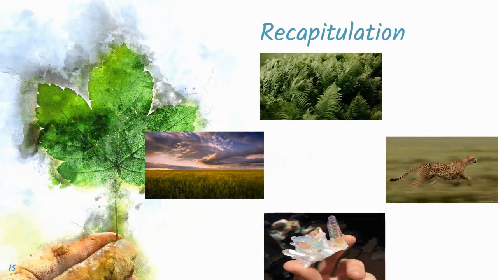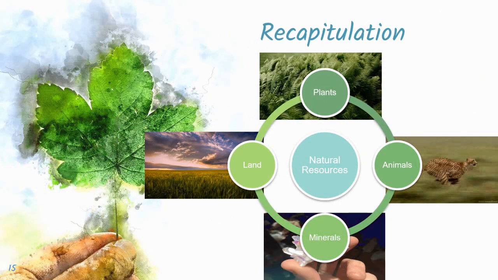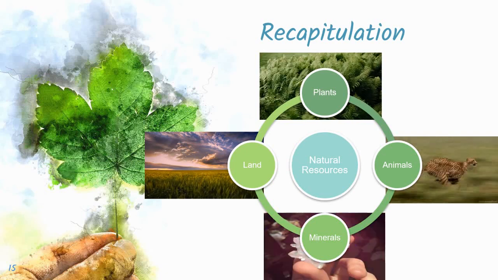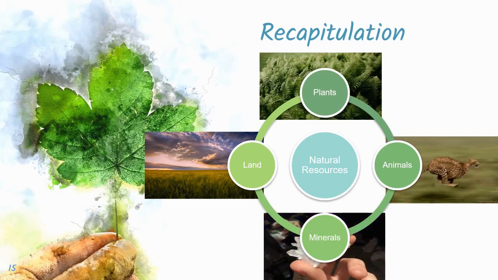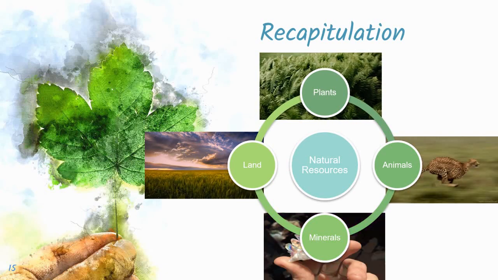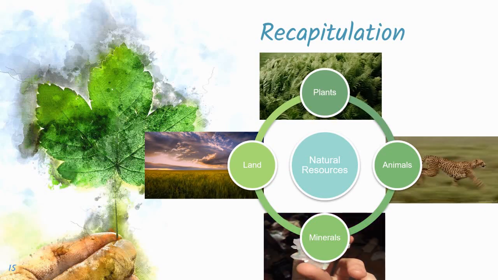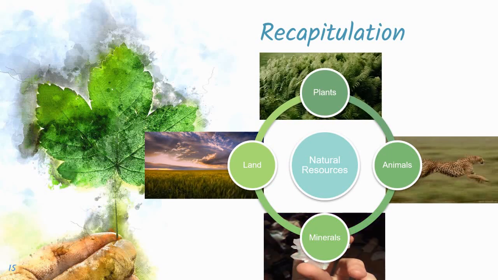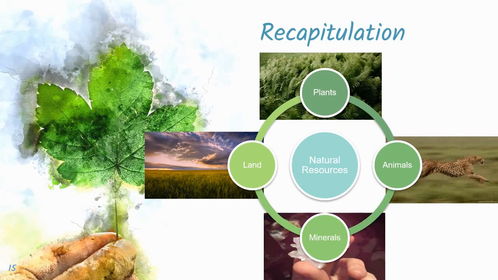Well, students, let's have a quick recap of all the things that we learned today. We looked at plants as a natural resource. We also learned the different things we obtain from plants and how plants play an important role in our lives and in providing us with our needs. The second natural resource we looked at was animals. We also saw how animals play an important role in our day-to-day lives, as well as how we use animals for our own needs from the beginning of time.